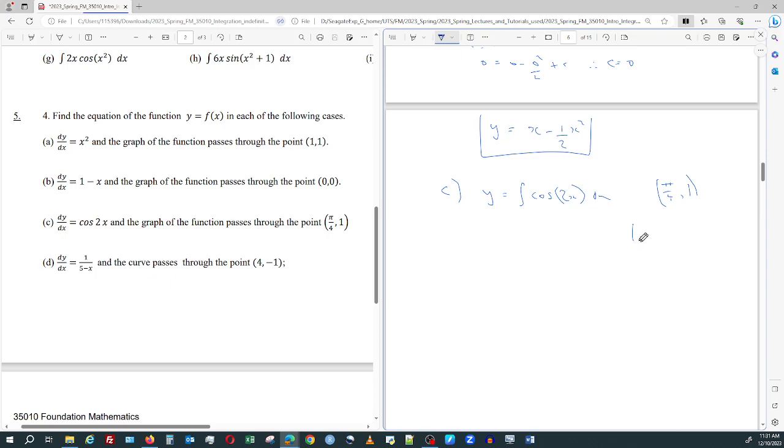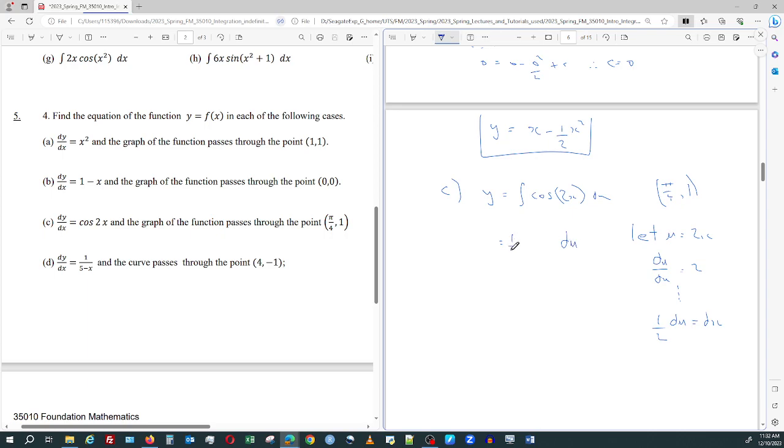So we let u equal 2x, du dx is then going to be equal to 2, and after some manipulation, 1/2 du equal to dx. So we'll end up with dx being swapped out for du,